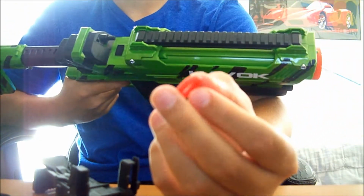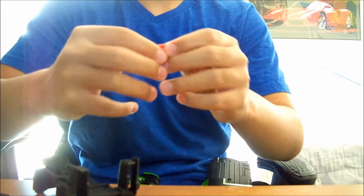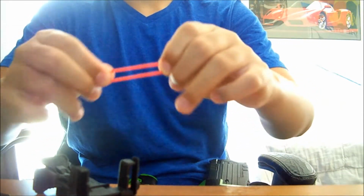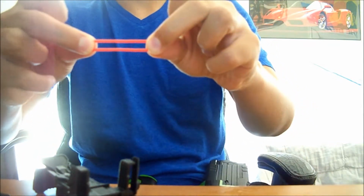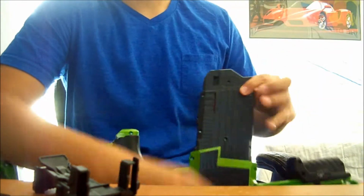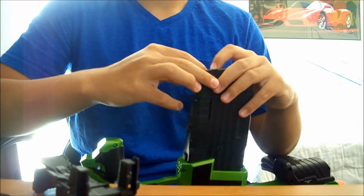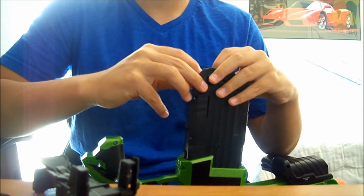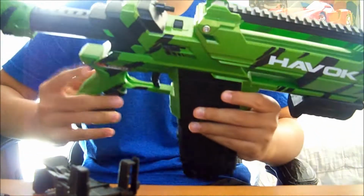This is the NRG round, and basically they're just kind of like a rubber band on steroids in the sense, because all they really do is they just get stretched out like this and then released, and that's how they get their range. So there really isn't anything too mechanically unique about these things. The blaster itself doesn't do anything other than house your smartphone, and